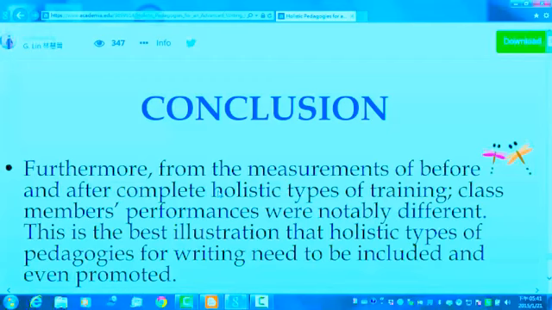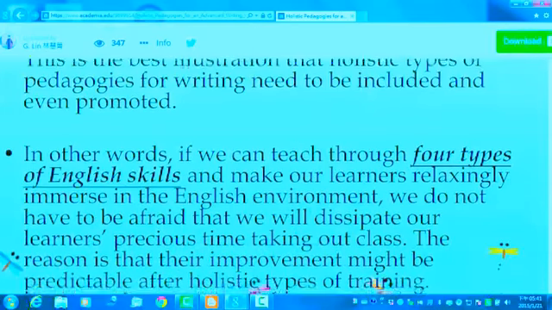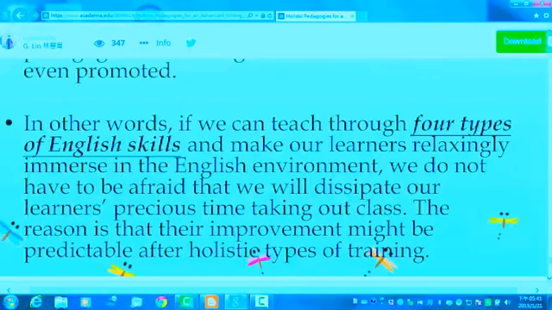In conclusion, from the measurements before and after the complete holistic type of training, the class members' performances were notably different. This is the best illustration that holistic types of pedagogies for writing need to be included and even promoted at school. In other words, if we can teach through 4 types of